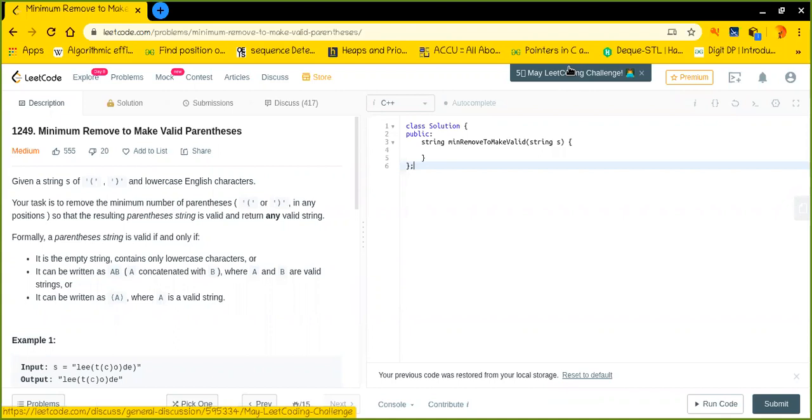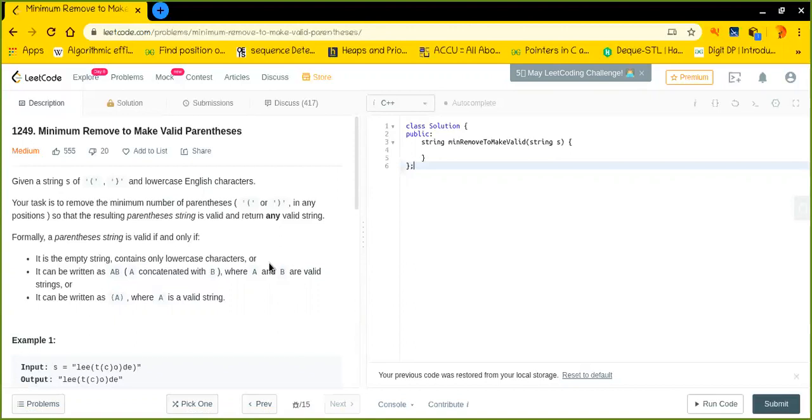And today the question that we have was asked by Facebook recently in its online coding round. So I would like you to be very attentive throughout the session, and please watch the complete video to understand the actual logic behind this particular question. As this question is super easy, still it needs your complete attention to get it. Basically, the question is to remove the minimum number of parentheses to make the entire string a valid one.